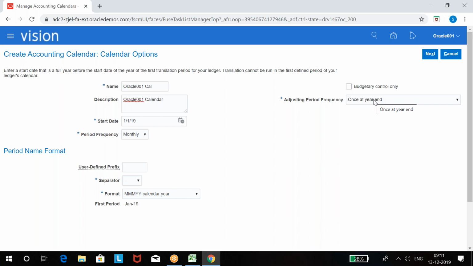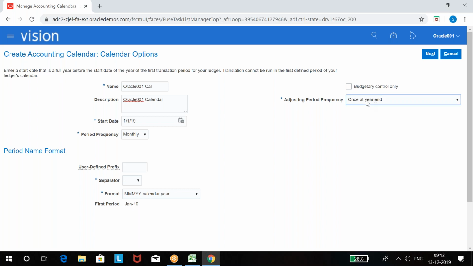So when they advise for some adjustments, there must be some adjustment period after year close. Any adjustment entries need to be posted, or any previously posted entry needs to be reversed. Because once the year is closed, you can't open it. So what do you do? You have an adjustment period, the last period of the year, to open and adjust any transactions you want to adjust. Got it? So that's why you have an adjustment period.